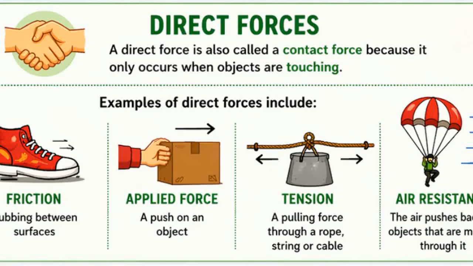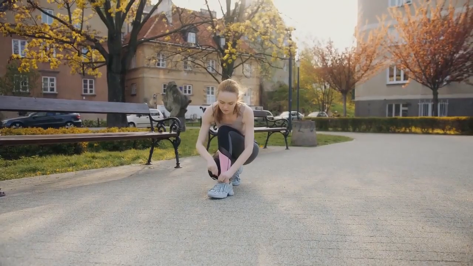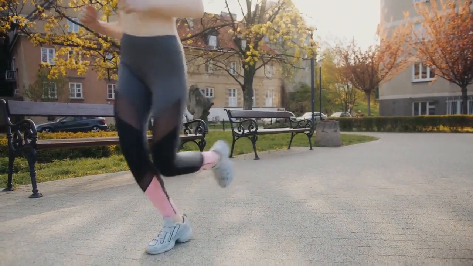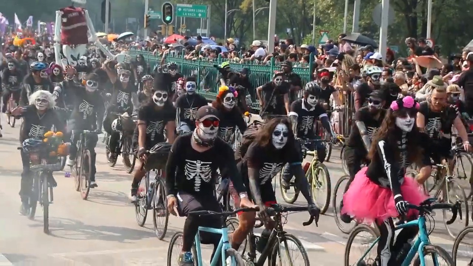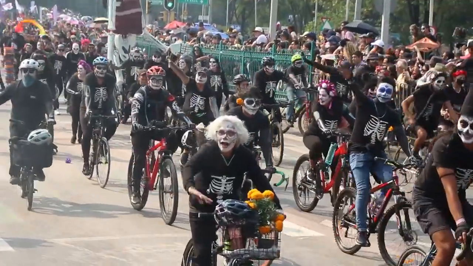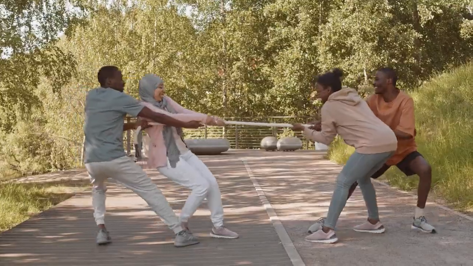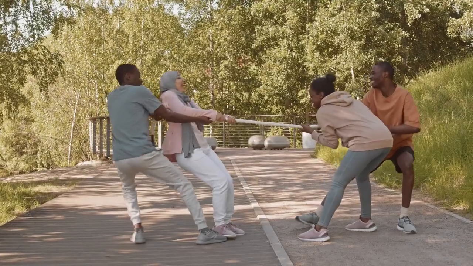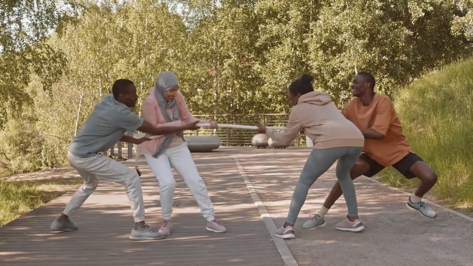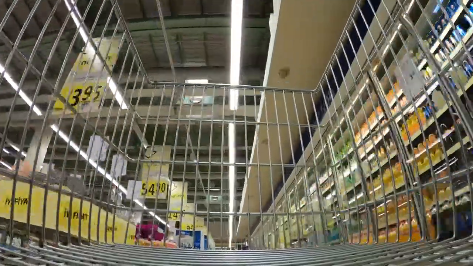Friction occurs when two surfaces rub against each other, such as shoes gripping the ground when a person walks. Air resistance is a force that pushes against moving objects in the air, such as a bike rider traveling downhill. Tension is the pulling force carried through a rope, string, or cable. An applied force is a push or pull caused by a person or another object, such as pushing a shopping